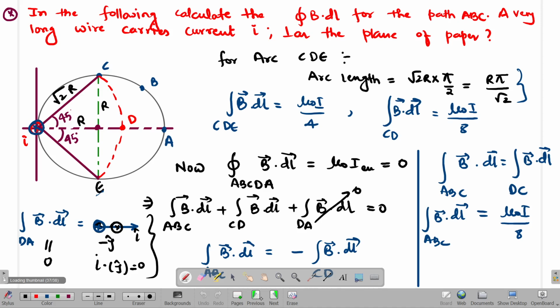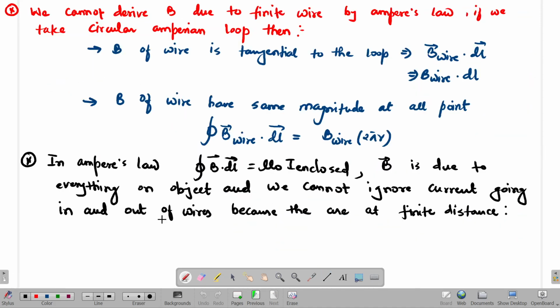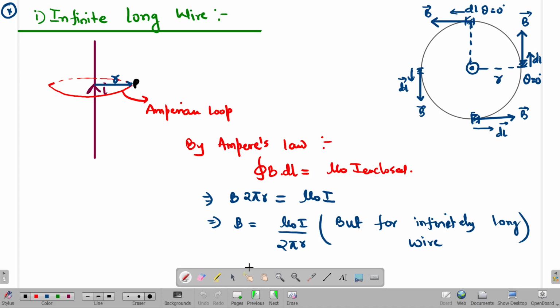So when I take the finite wire, what happens? We cannot derive such magnetic fields because we do not know in a really finite wire where my current is spread, where my current is fixed, where my current is stopped. But for an infinite wire, total current can be easily considered, because no such length thing will come into the mind. So this is why magnetic fields are not applied for the case of finite wires.